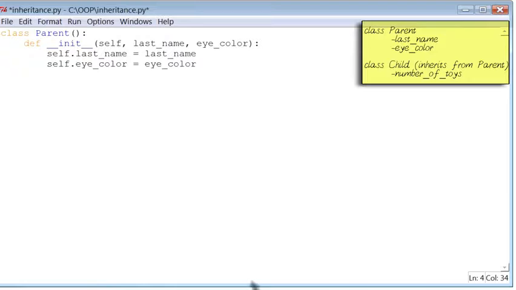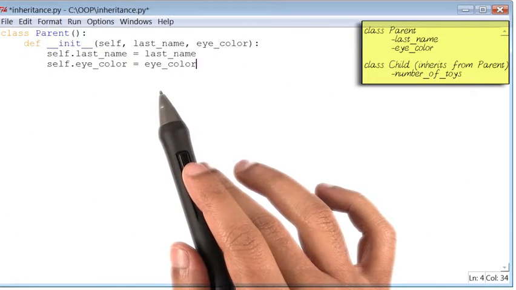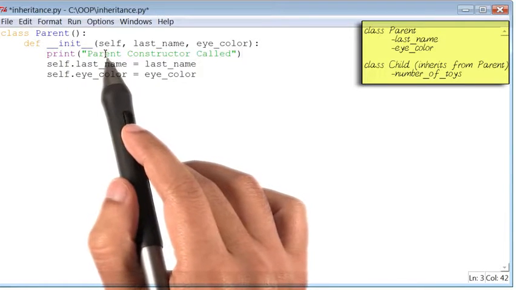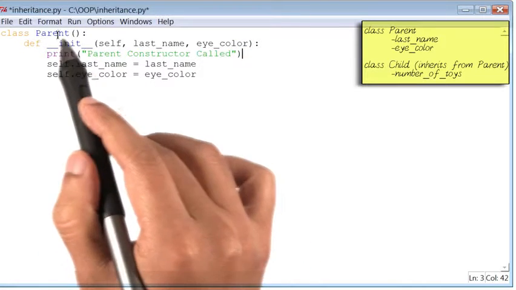All right, you may notice that this piece of code is pretty similar to the code for class movie that we have written previously. By the way, one new thing I will do here is add a quick print statement inside the init method. It will print out parent constructor called. So this print statement will explicitly tell us each time the init method or the constructor of class parent is